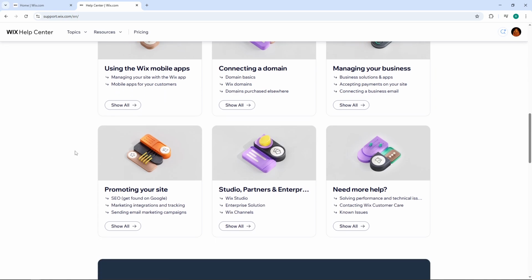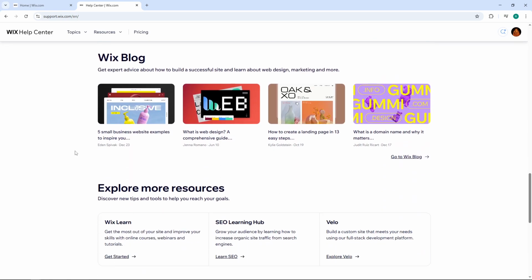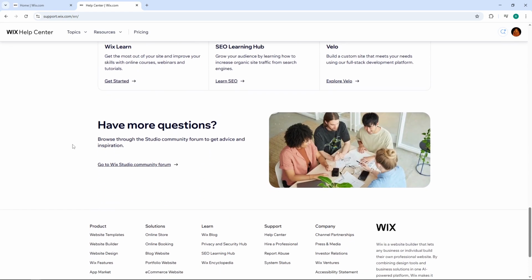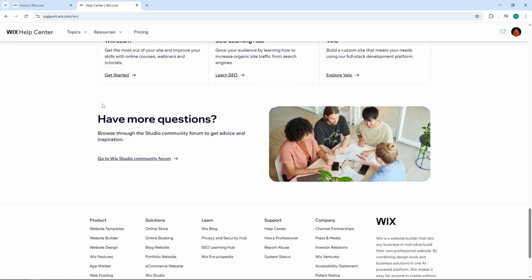Keep scrolling down until you reach the More Questions section. Here you'll find a link that gives you direct access to Wix's community forums. This is a great place to connect with other Wix users who might have faced similar issues or have creative solutions to share. If you still haven't found a solution to your problem or you're looking for something more specific,